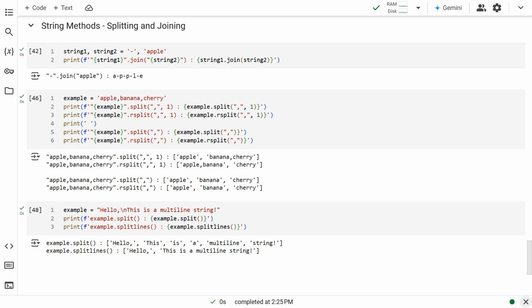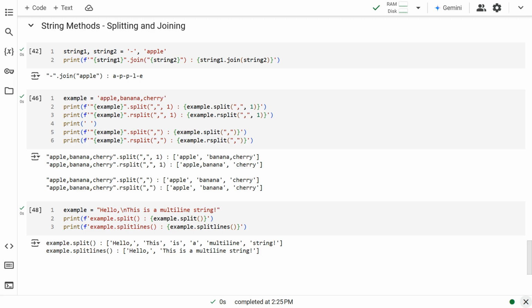The split and rsplit methods are used to split the string using a delimiter. They take in two optional arguments. The first optional argument is the delimiter. The default delimiter is a whitespace character, like a space or a new line character. The second optional argument is the number of splits. The split method starts the splitting from the left end, and the rsplit method starts the split from the right end. In the example, the number of splits provided is 1.